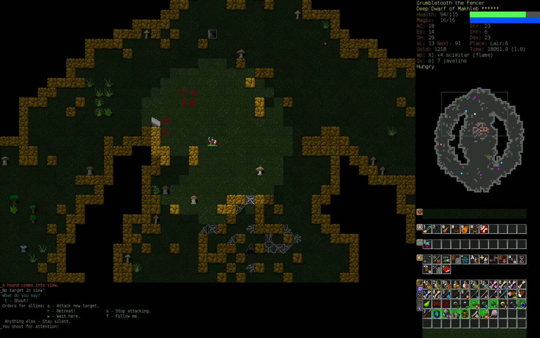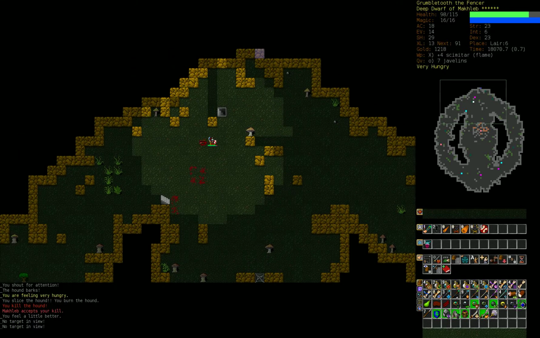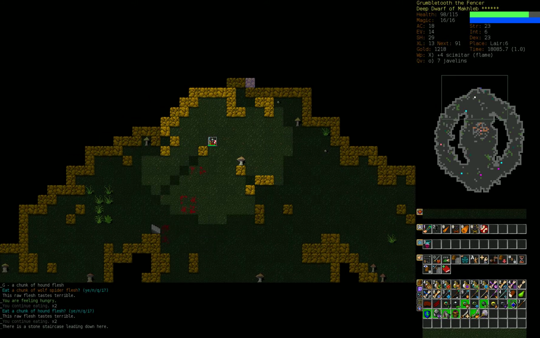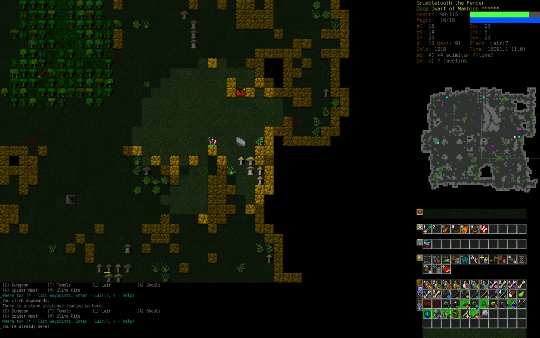Where did that hound go? Well, there it is. Blat. There we go. That worked out. Yeah. So let's go to layer 7. Oh, we're already there. Good. I thought we were at our stash and not the...